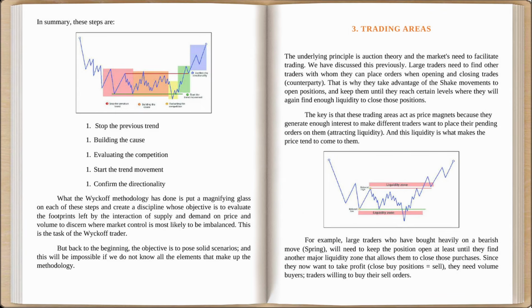In summary, these steps are: 1. Stop the previous trend. 2. Building the cause. 3. Evaluating the competition. 4. Start the trend movement. 5. Confirm the directionality. What the Wyckoff methodology has done is put a magnifying glass on each of these steps